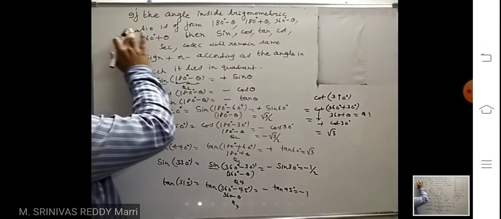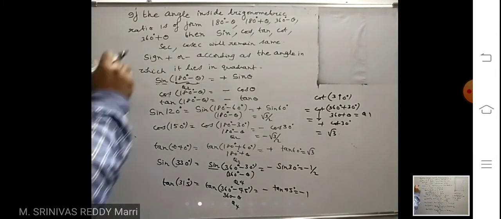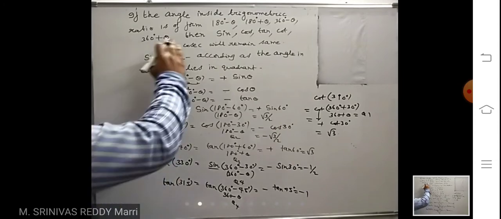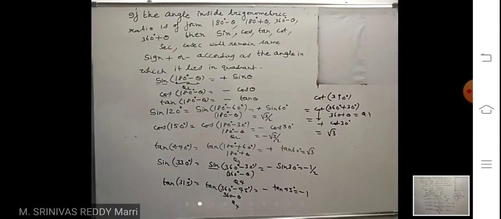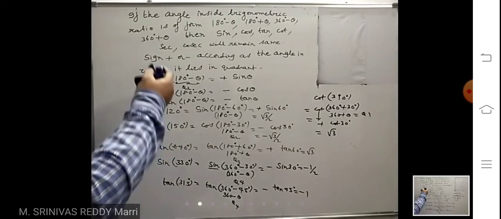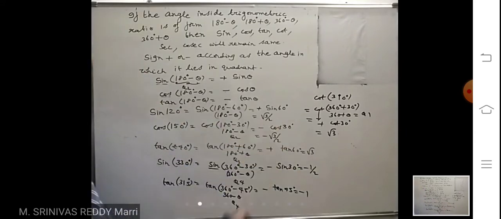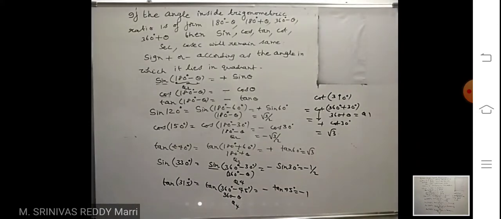Like that, for these angles of this type, sine will remain same, cos will remain same, tan will remain same, cot will remain same. Everything will remain same. But plus or minus keeps changing, depending on the quadrant in which that angle lies. Like that, some more angles can be calculated. The tabular form angles are there. You have to convert into those angles only.